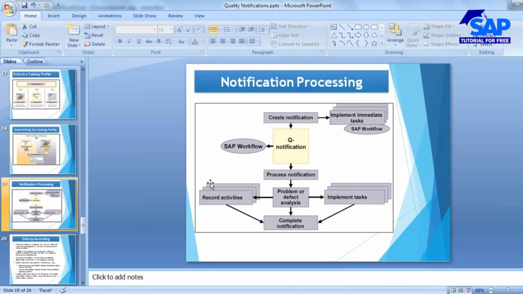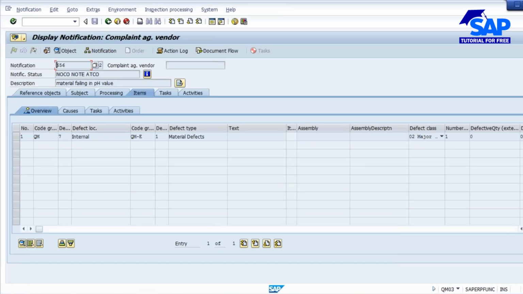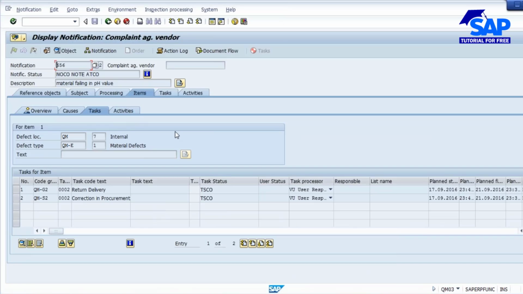Savan, I have one doubt here. Who is this? Renald. Yeah, tell me. When the QM coordinator is creating the notification, in the items tab he'll put the item, the tasks and activities, and then save it.